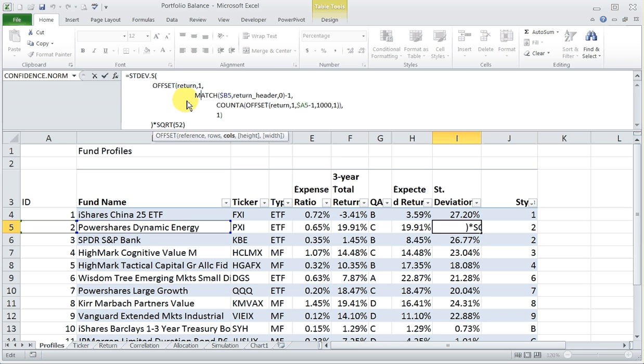And what we do is we want B5, we want to look at the name of the asset we're interested in. And here's another new named range, return header. That is exactly what it sounds like. It is that first row in the return data set that just has the names in the order that appears